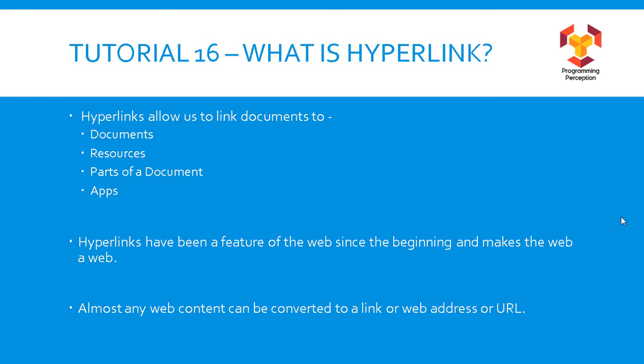Now what is a hyperlink? A hyperlink is actually a link towards other documents or any other resources. If we make a text a hyperlink to a document, whenever we click on that text, we are going to land on that document. There are various text, images, tables and any content on the web page. Any of those content can be converted to a link. Once a content is converted to a link, we can click on that content.